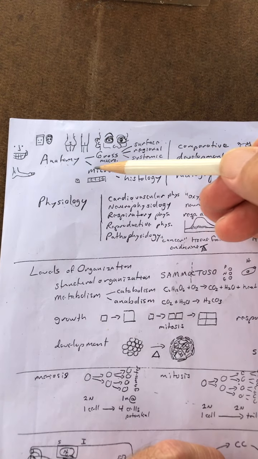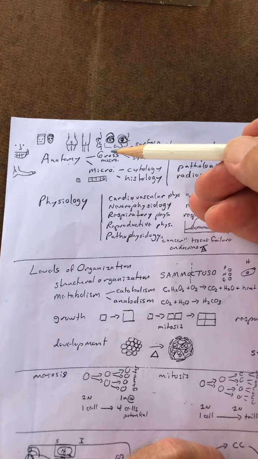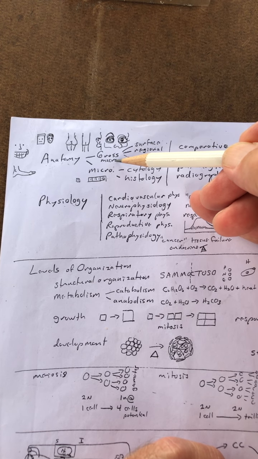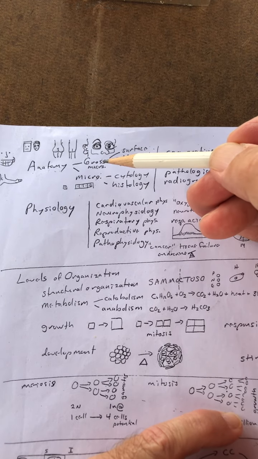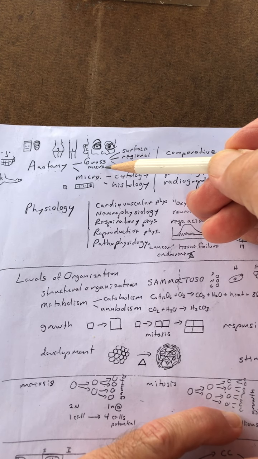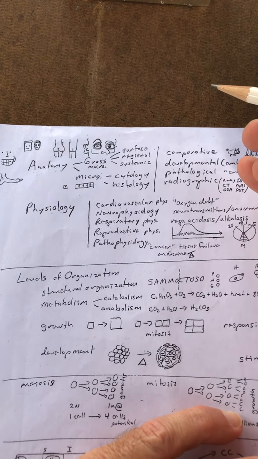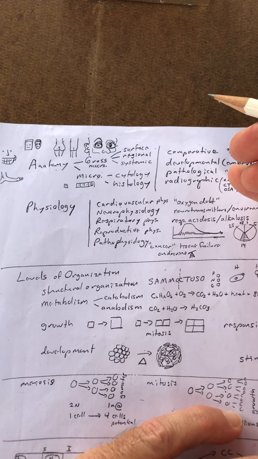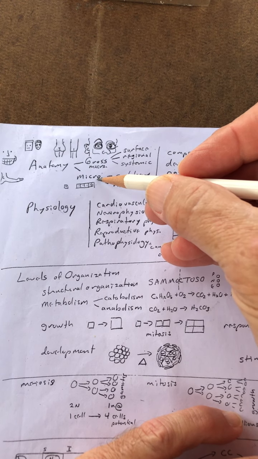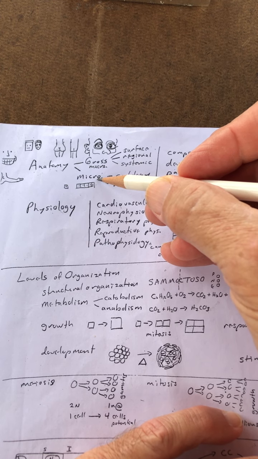Let's go ahead and look at subdivisions of anatomy. There's gross anatomy, also known as macroscopic anatomy, and then there's microscopic anatomy. In gross or macroscopic anatomy, you have things that are large enough to see without the use of a microscope. If you have to use a microscope, that's micro anatomy, or microscopic anatomy. But without it,